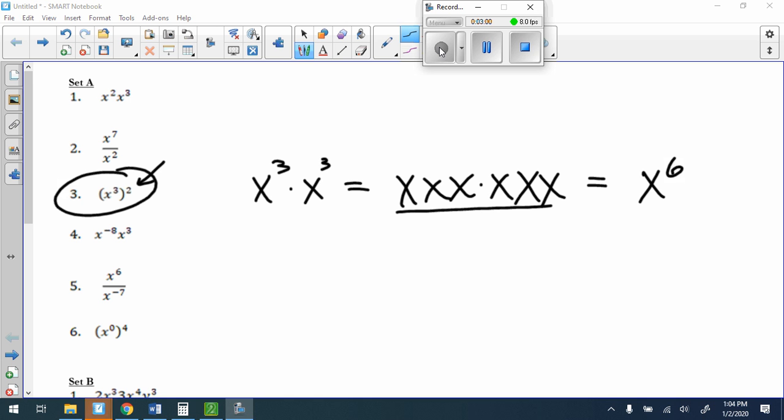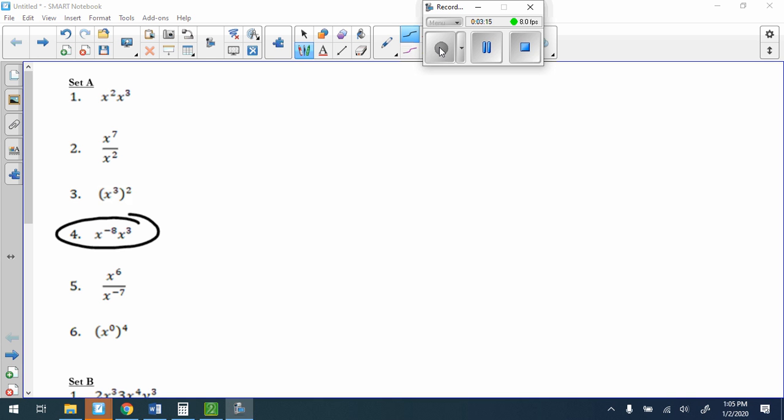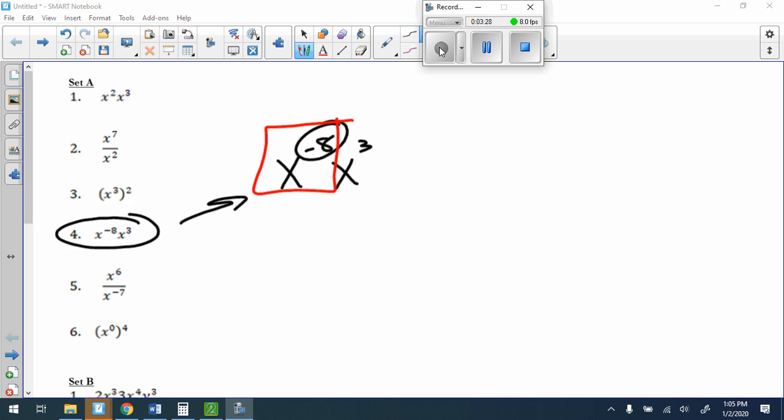So number 4, so here we have to know how to deal with the negative exponents. And the rule is simply that to make an exponent the other sign, in this case to make that negative 8 a positive 8, what we can do is move that base and exponent to the other side of the fraction. So in this case, if we have this x to the negative 8 x cubed, if I want this to become positive,